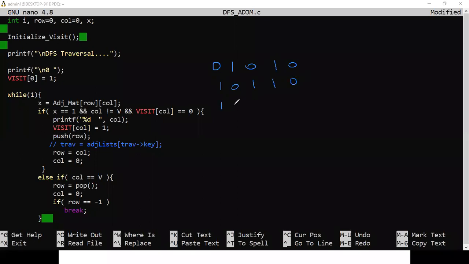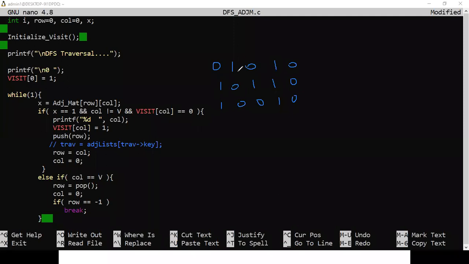I'm not writing any meaningful thing. But adjacency matrix contains either 1 or 0, right? If it is a 1, it means there is an edge. If it is a 0, there is no edge.